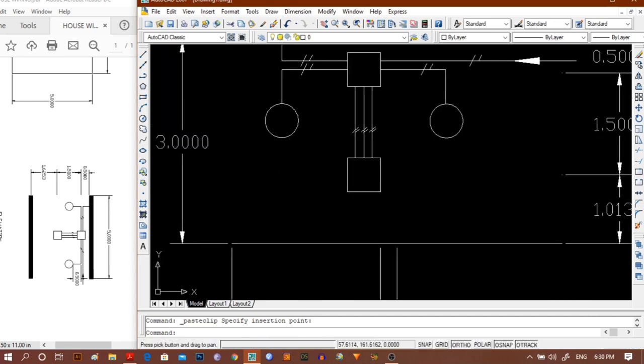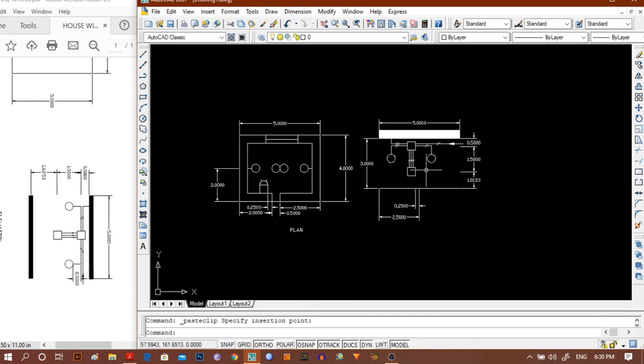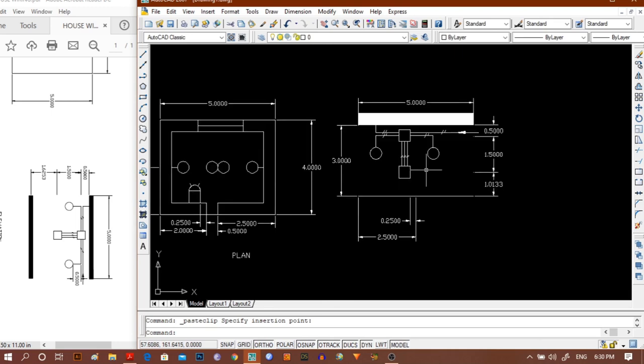Now we have to give the name for this elevation.